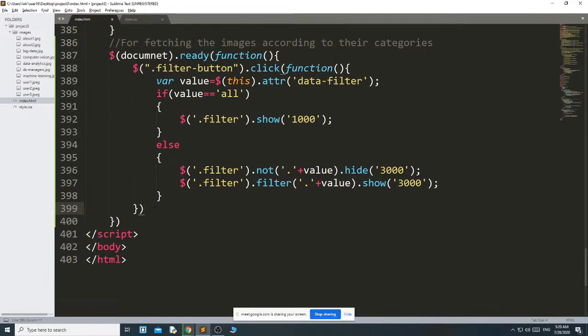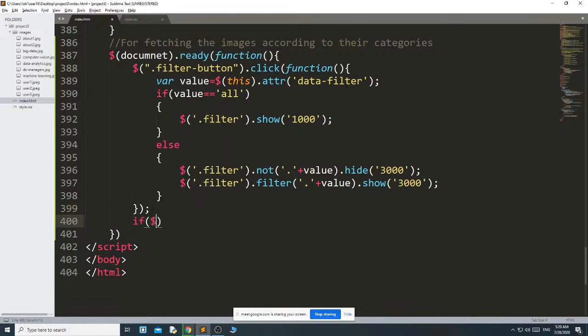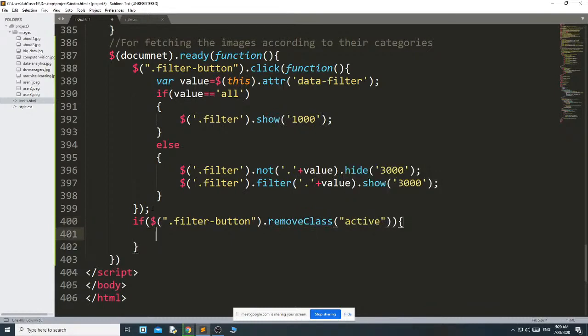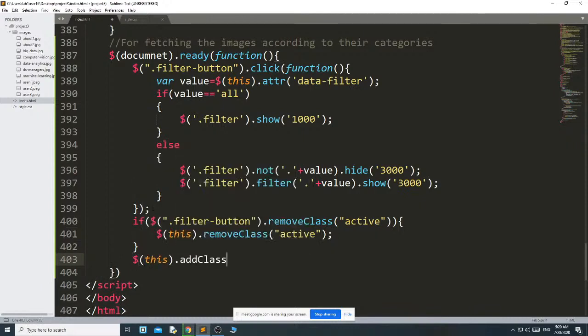Then this function closes here, then if dollar dot filter button dot remove class active, then dollar this dot remove class active, else dollar this dot add class active.